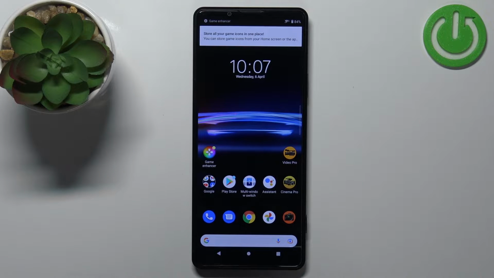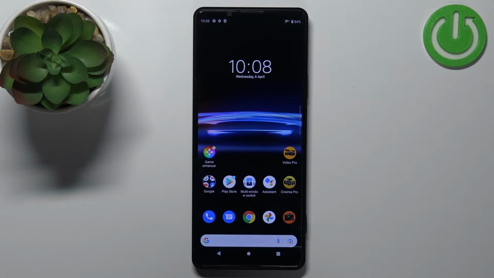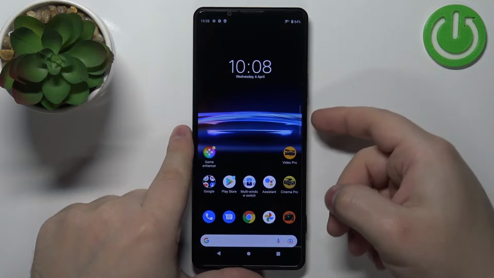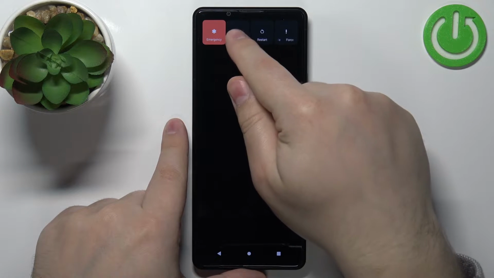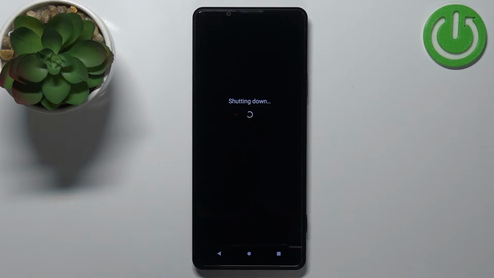Hello, in front of me I have SONY Xperia Pro-I, and I'm gonna show you how to enter the recovery mode on this device. First, we need to turn off our phone. To do it, simply press and hold the power button. Once the menu appears on the screen, tap on the power off option and wait for the phone to turn